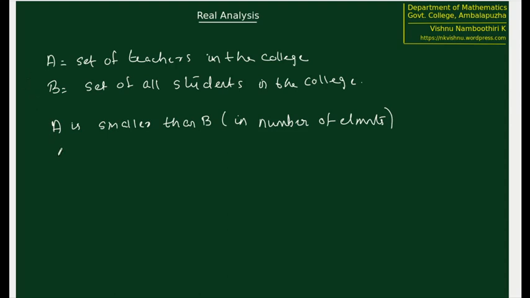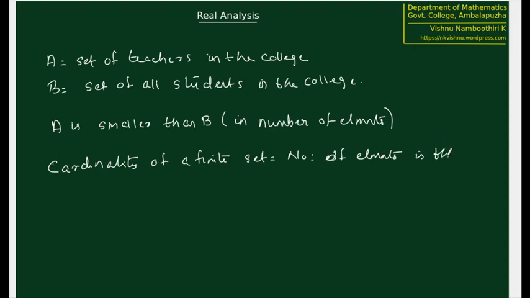The cardinality of a finite set is the number of elements in that set. So one way to compare two finite sets is, as we said, to look at the number of elements in each of these sets